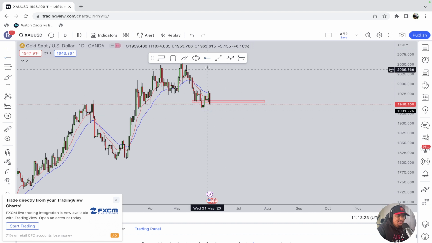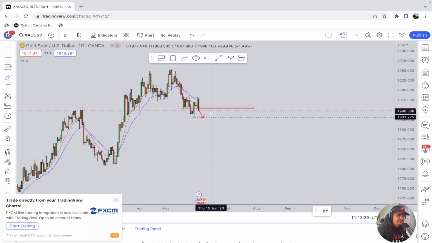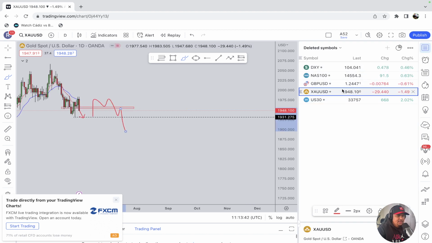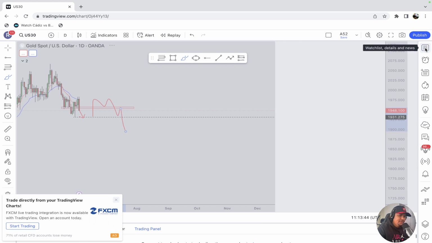What I would say is, if you're on lower time frames, you can definitely expect this market to continue lower and hit that level. From there, we'll have to monitor the price action, because what we could potentially see here is gold print what's known as an inverse head and shoulders to the neckline. Now that is considered a bearish pattern from a technical perspective, but we have to monitor the price